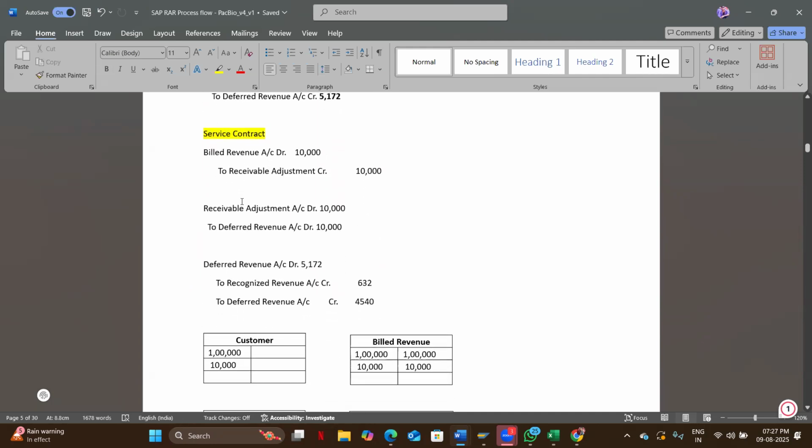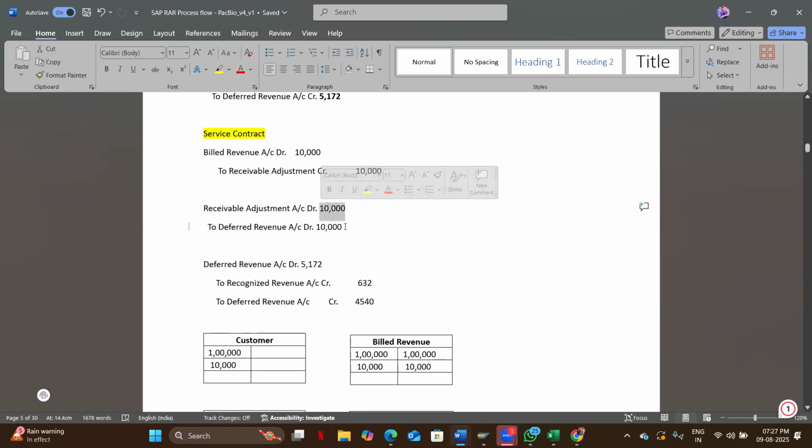So you can see here service billed revenue, which is what the customer paid, 10,000, and the total revenue amount went to the revenue adjustment account. Okay, and now the revenue adjustment 10,000 went to the deferred revenue account. You can see whatever the customer paid, that much amount needs